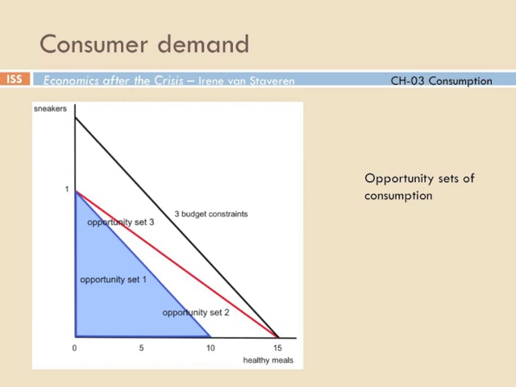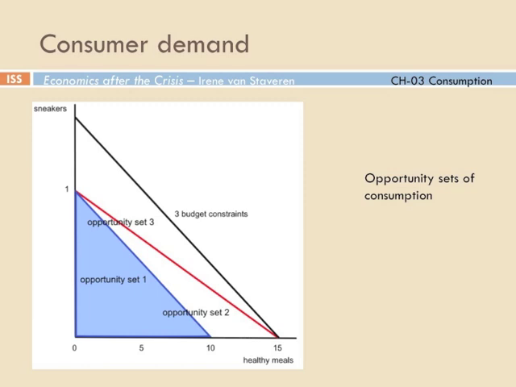The diagram shows you 3 opportunity sets of consumption. Opportunity set 1 is with a blue line in a blue shade. It combines 10 healthy meals and 1 pair of sneakers. Opportunity set 2